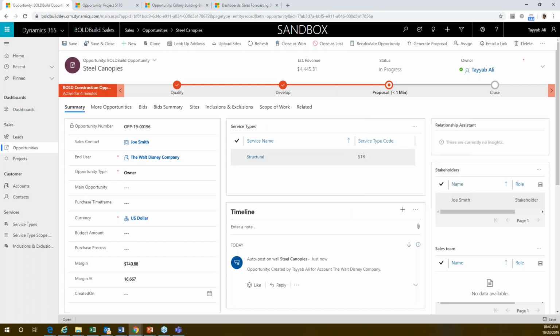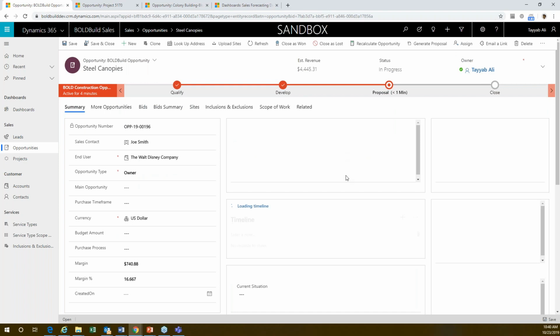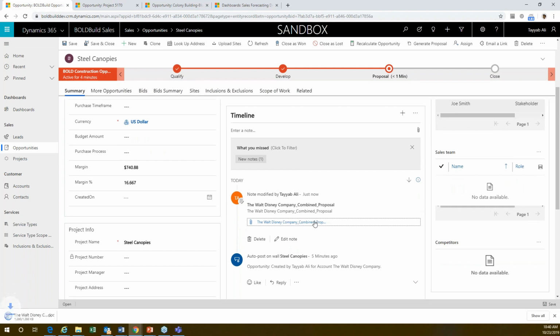So now this is where a second kind of sprinkle of magic comes in, because now we have everything in there. So just on this one click, it is going to generate a nicely formatted, amazingly pretty looking proposal for me, which I'm going to show you as soon as it comes here. It is going to put it in the notes section that I have. So it says here, check generated proposal from notes. I'm going to refresh it, and then I'm going to go into the notes section, and this is where my proposal is. So if I just click on it and open it for you,